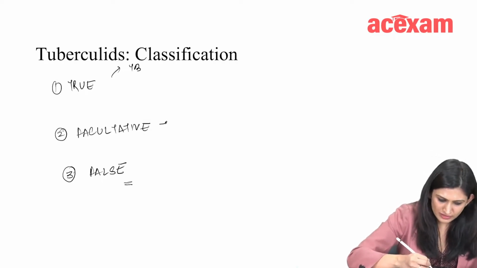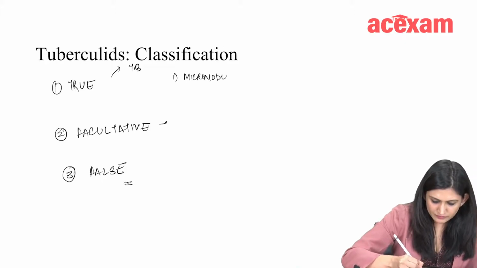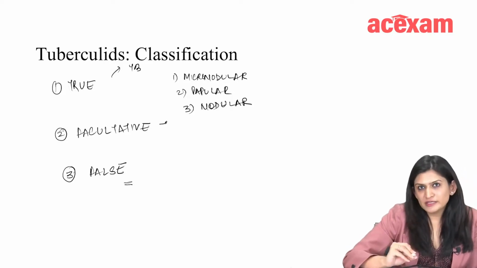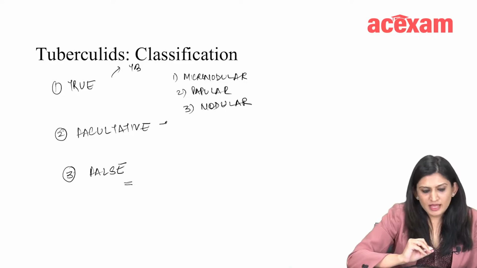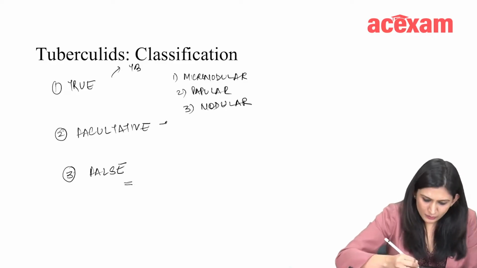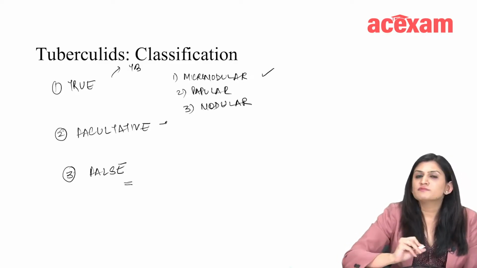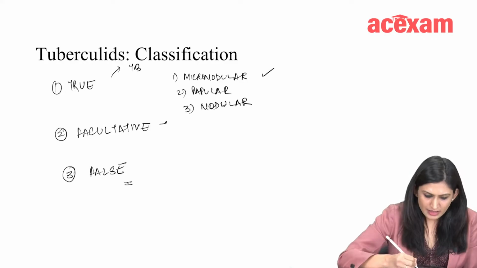So what are the examples of true tuberculids? It can be micronodular, papular, or nodular. Micronodular is lichen scrofulosorum. Nodular is erythema induratum of Bazin, and papular is papulonecrotic tuberculid. We'll be discussing all these. Then facultative is erythema nodosum. Why is it facultative? Because tuberculosis is not the only cause of erythema nodosum. There can be other causes like drugs and other infections. And then false is